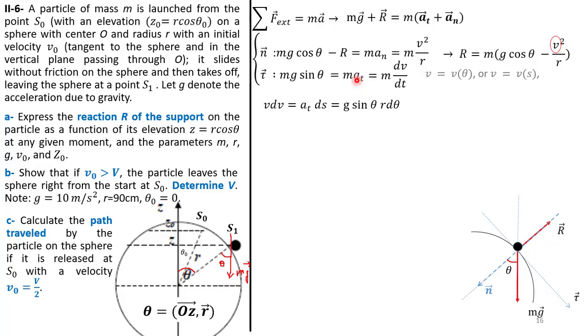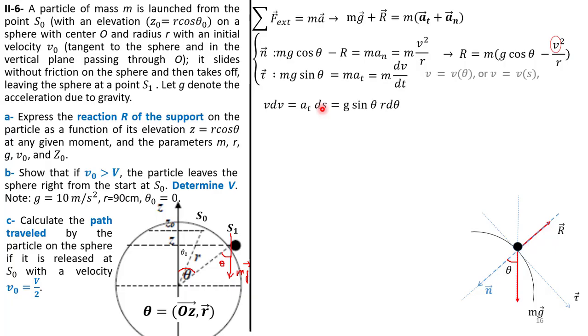It's equal to g sine theta. g is a constant and theta is changing. So this means that the tangential acceleration is a function of theta. And if the tangential acceleration is a function of theta, then it's very convenient to use the relation v dv equal at ds